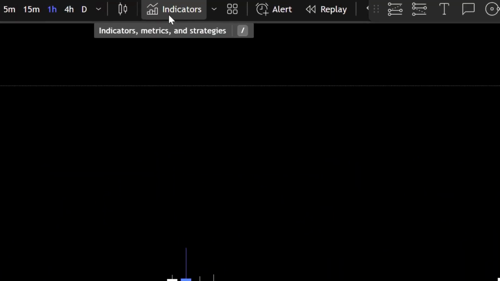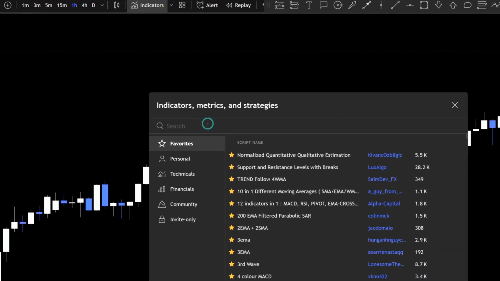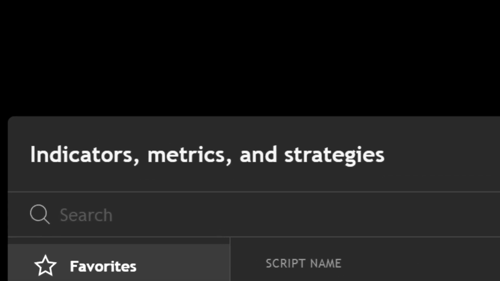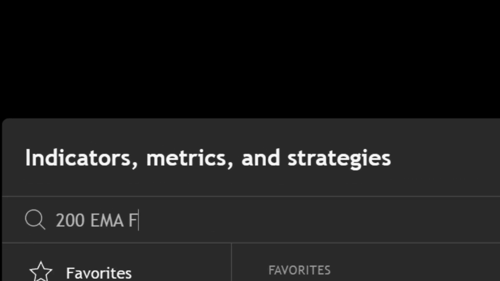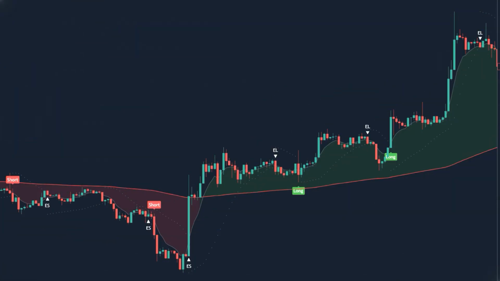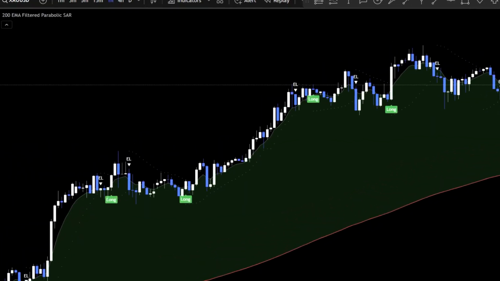Pop open the indicator section, it's that little button up top. In the search bar, type in 200 EMA parabolic SAR and hit enter. When it pops up in the results, click it to slap it onto your chart. Now, this indicator's got a bunch of moving parts, but we're only messing with a few to keep it clean and useful. Head to its settings, click the gear icon next to the indicator name,